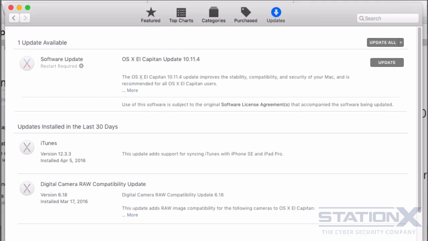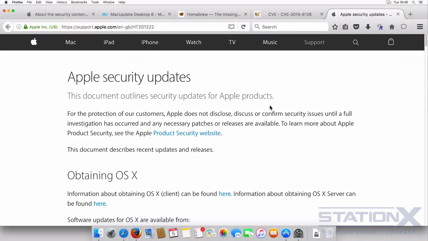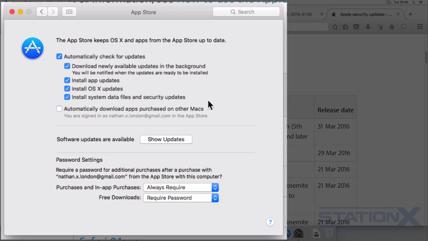And here we can see an update is required, and that provides the details of the update. And you can see here it says security content of the update. So if we click here, we can see the security content of this update, which is there. These are the latest options for Yosemite and El Capitan,